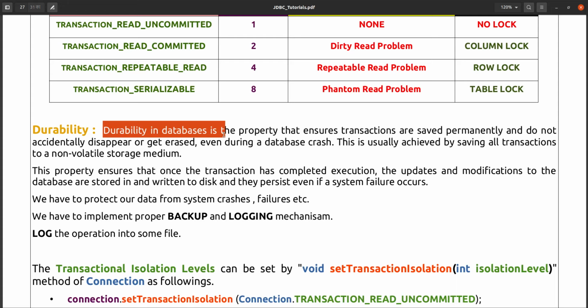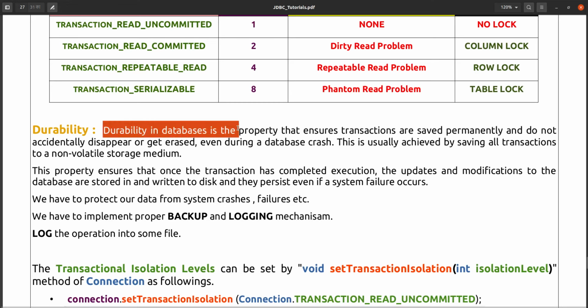After some time, the company has resolved that issue and the system is up now. But now you see that you have registered already, yet it is saying your registration is not done. It should not be like that. Your data should be present if your system crashes or is destroyed or something happens. You have to make sure of that. That is called durability.